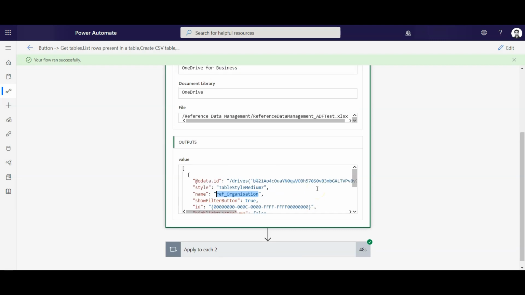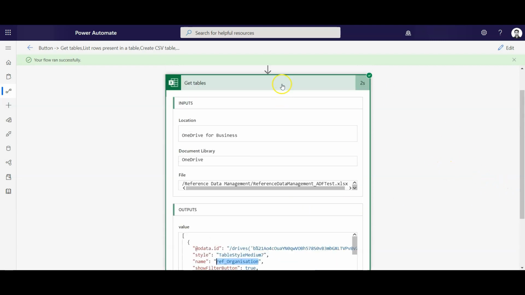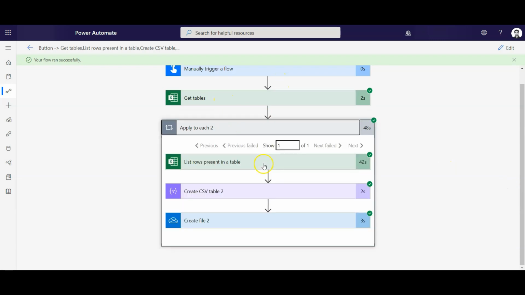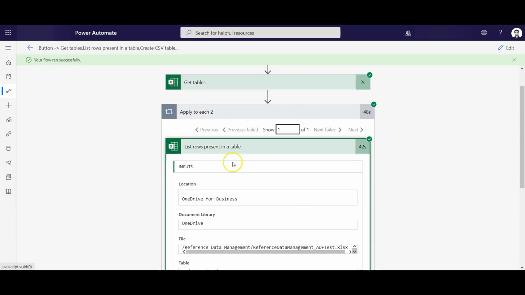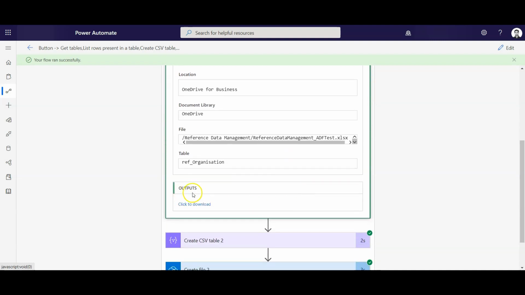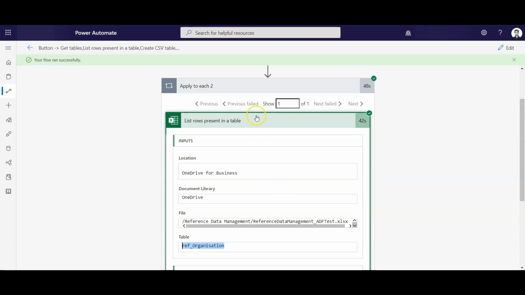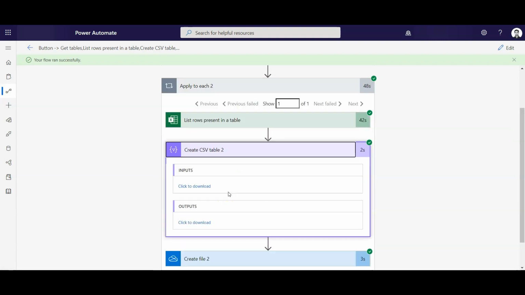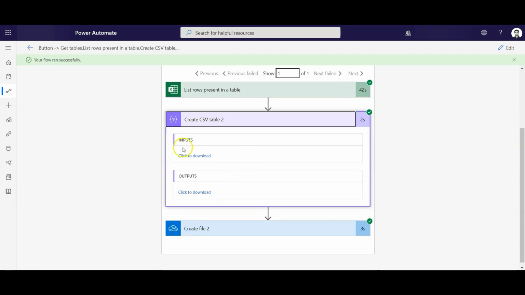So this is the output to get the table names, and then apply to each table name. If you see here in this list rows, in outputs there will be a file of that particular table name, ref organization. All the rows are listed in this step for that particular table, and then it created the CSV out of that.